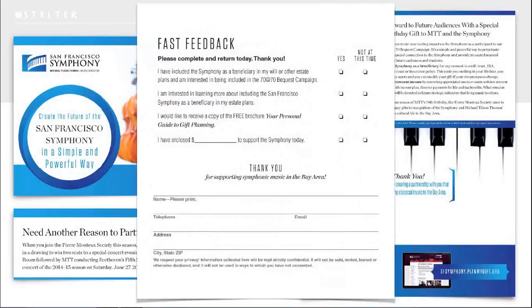In addition to that, we had a glued-in reply card, a fast feedback form, that offered people a chance to decide whether or not, yes, I'm interested now, no, not interested at this time, but maybe in the future. It gave them some additional options, and then again, highlighted a spot where they could make a gift today. So again, I think this is one of those unique opportunities that you might be able to look for within